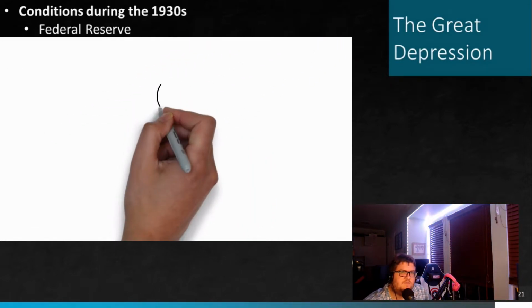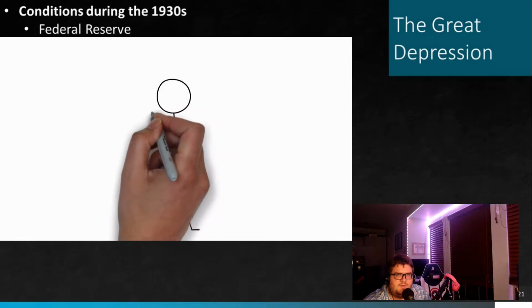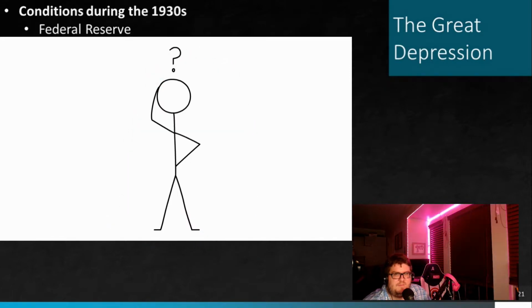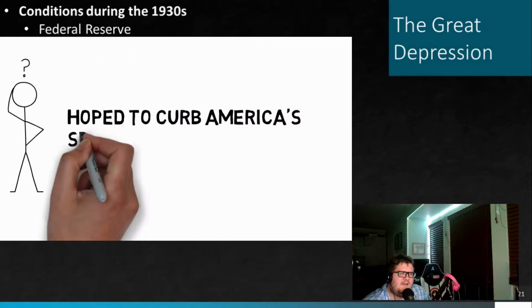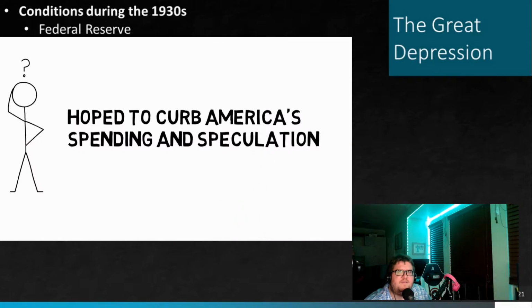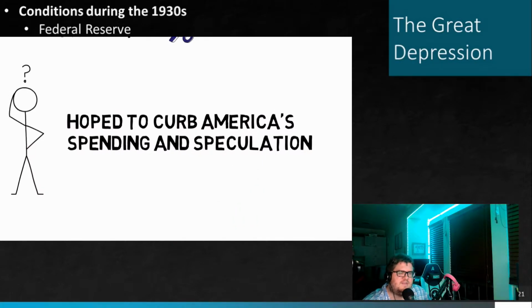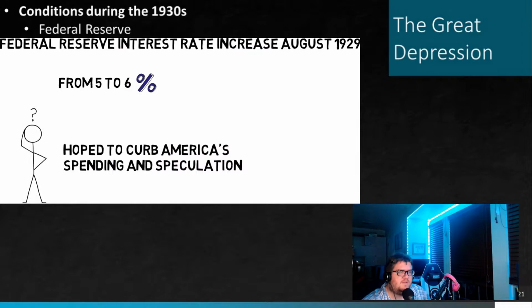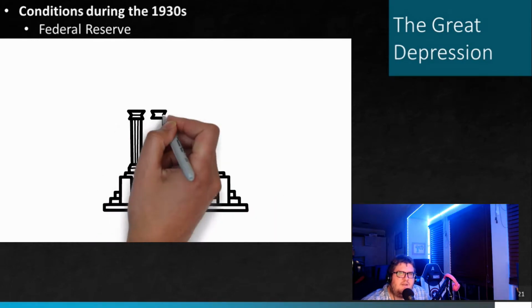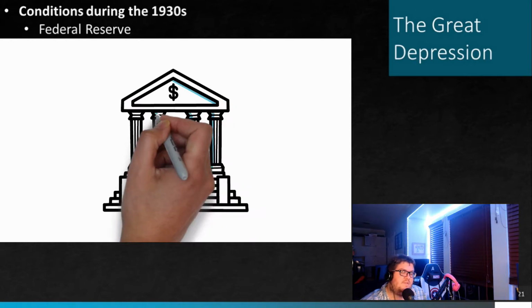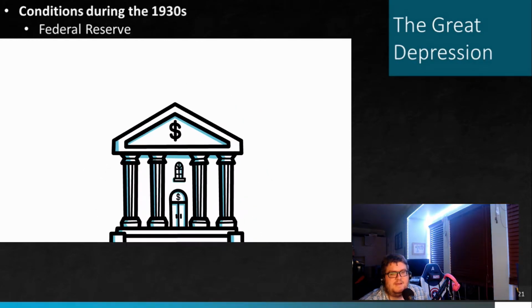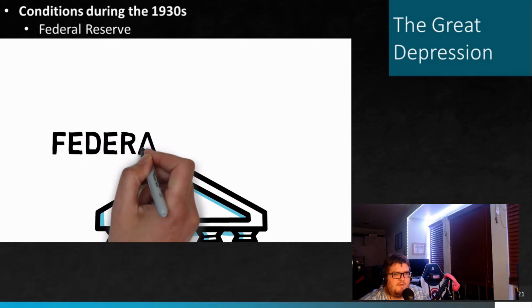Now, of course, that doesn't sound like that big of a deal, but keep in mind that today, when this is recorded in 2020, the interest rate fluctuates between 0 to sometimes 0.5 at most in most of the 21st century. And so we're looking at a 5% rate. What that means is the Federal Reserve, that's our central bank in the United States, is going to loan money to its regional banks, and then it goes down from there into the other private banks and so forth. The initial interest rate is 5%, and now, as of August 1929, that was raised to 6%, just a matter of weeks before the October fiascos in the stock market.